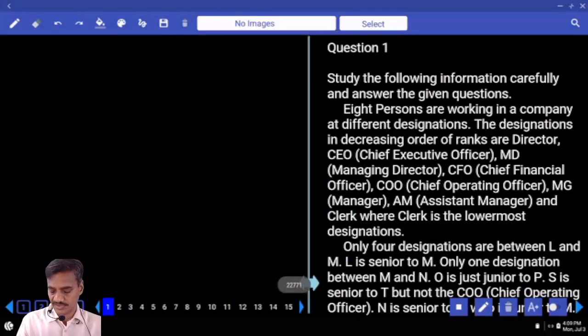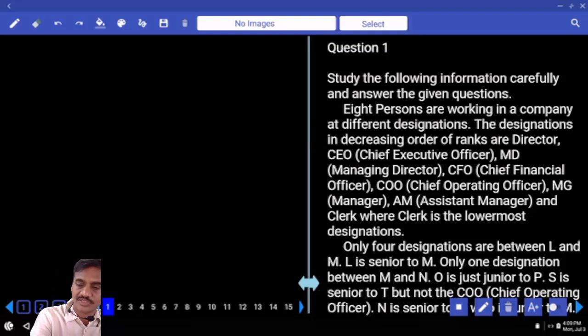Question number 1 onwards is based on hierarchical position. Hierarchical position definitely comes under the first priority. Then who are those persons here? We have some 8 persons, starting with director, and clerk is the lowermost. Now director, and who is the next one here? CEO, next one is MD, and next to MD is